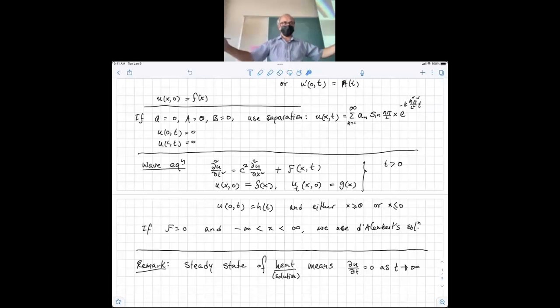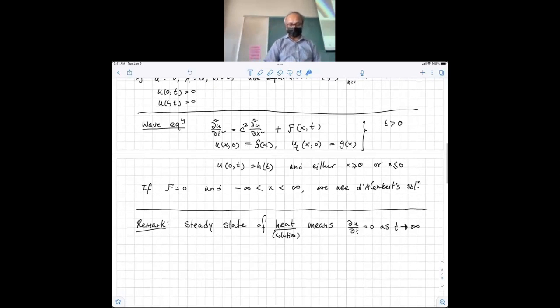But now, if I am heating the rod, maybe on the left hand and the right hand at the same rate. Initially I had very high heat at the center of the rod, and then it decreases. So heat will be diffused. I am heating at both ends, heat will be diffused. So at some point there could be an equilibrium, maybe 20 degrees. You see that in the morning, maybe at night you were out, your heater was off at home. So you go home, turn on your heater, and after some time, that's a good example, the temperature reaches a steady state and the heater shuts off. Right? So that is the steady state. So in this case, we look for whether we can find a steady solution or not. So the question,